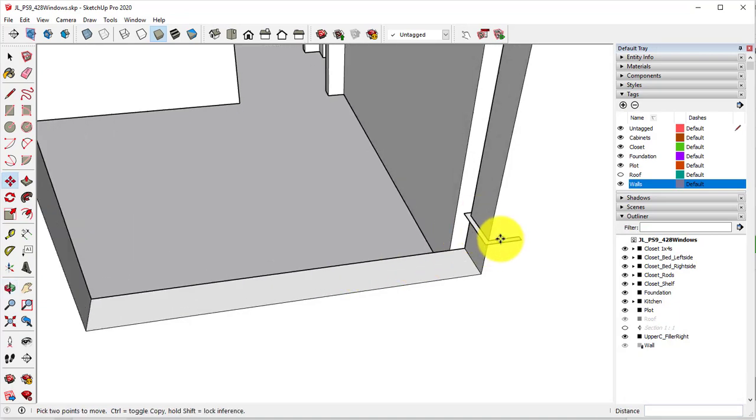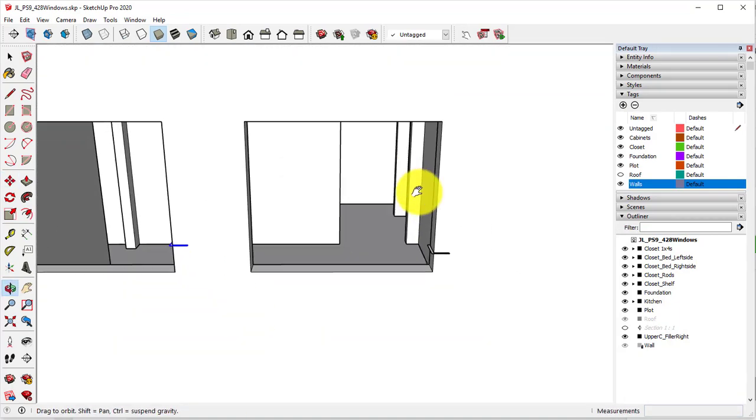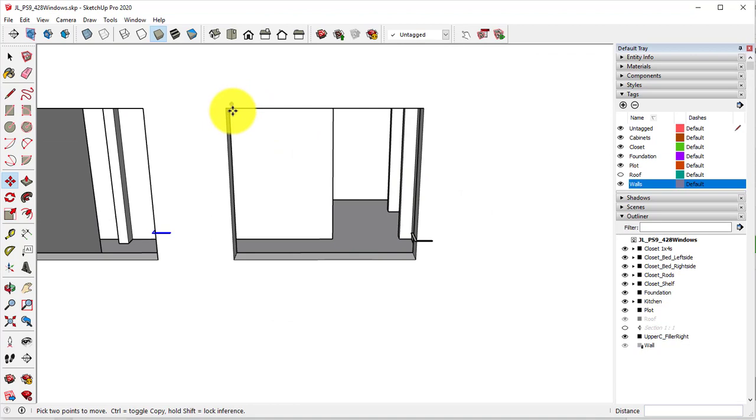So now that we have our shape, we need to draw lines that we're going to follow. Follow me. So you can either do two things. You can take your line tool and actually draw lines going all the way around,